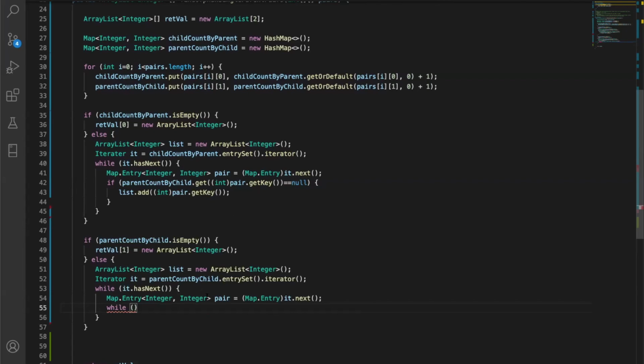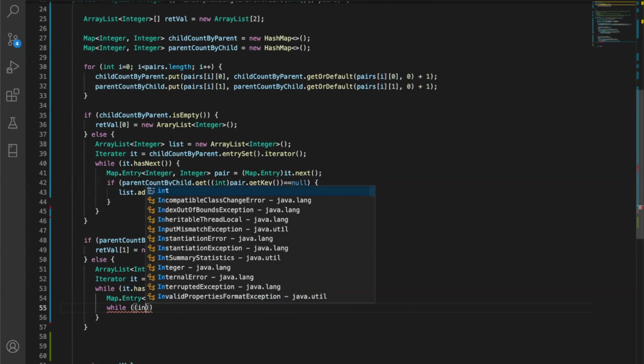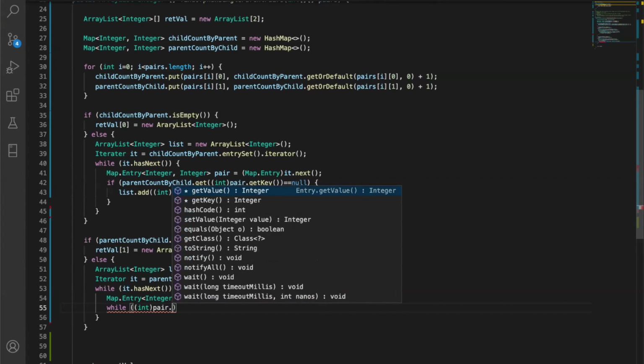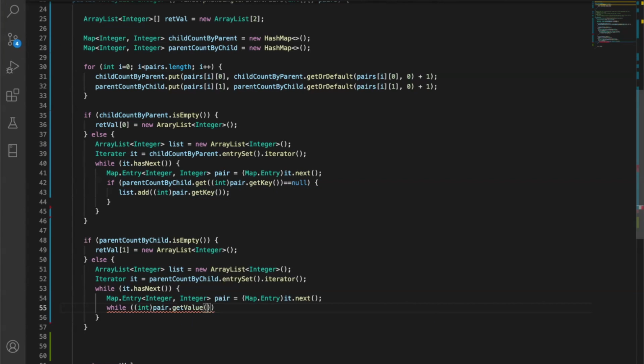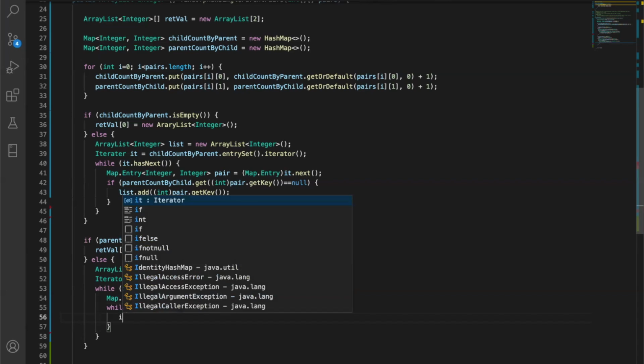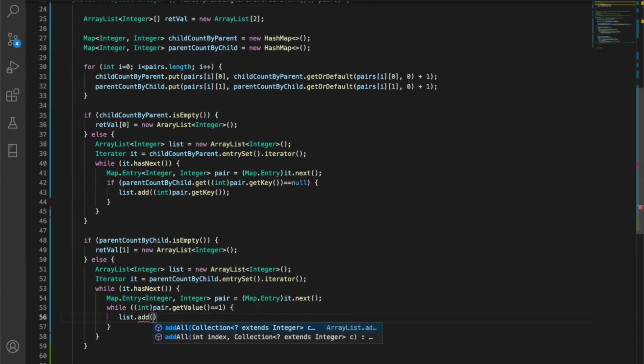Now listen, for every single pair, for every single key that comes out of this pair, and that key is the child key, which is the get value, not the key itself. If the number of counts is greater than 1, that means there's multiple parents, and then we don't want that. Since we're talking about single parents, remember, this is a key value pair, right? So the value has to be 1. If this is 1, it means there's only one parent, right? Then we want to add it to this,